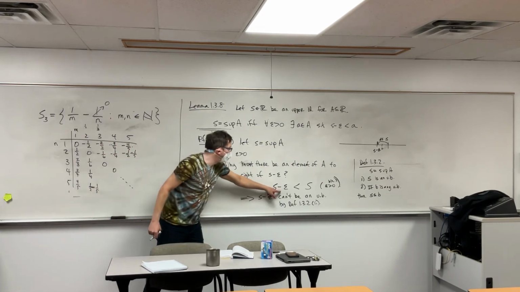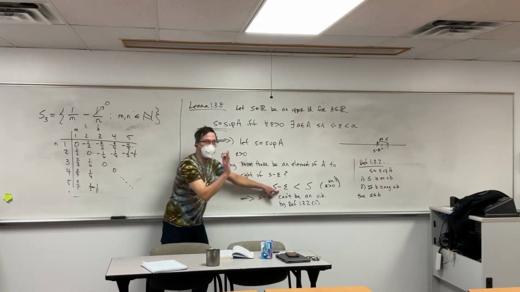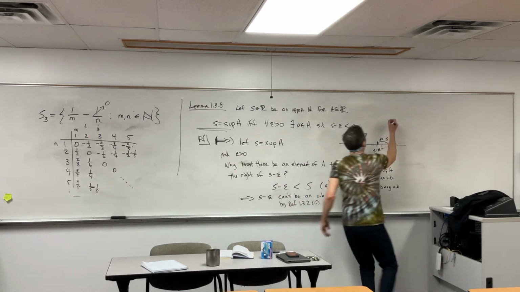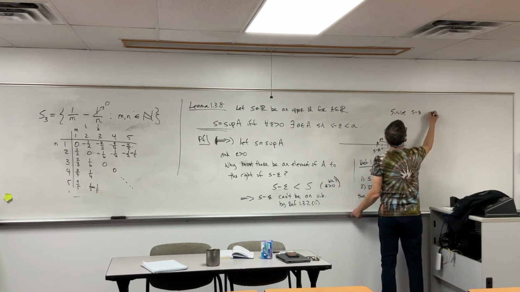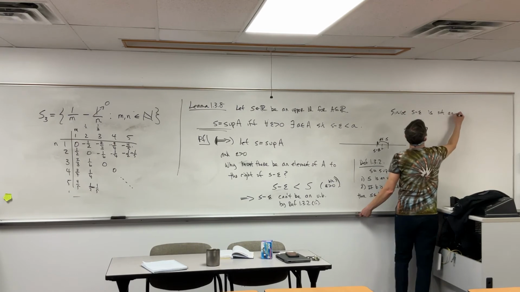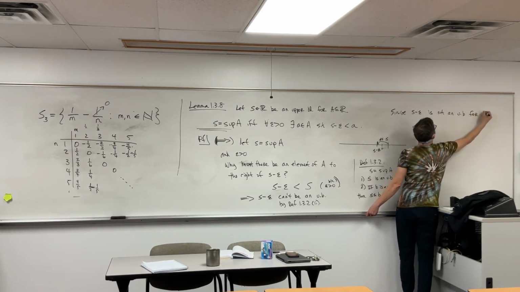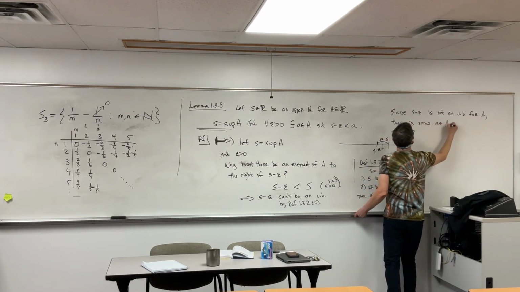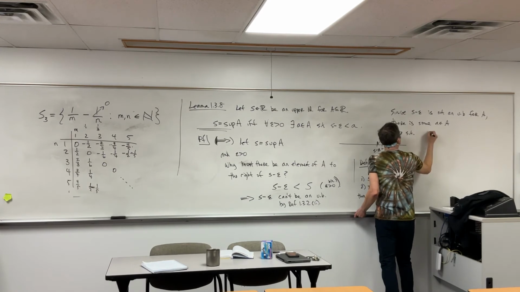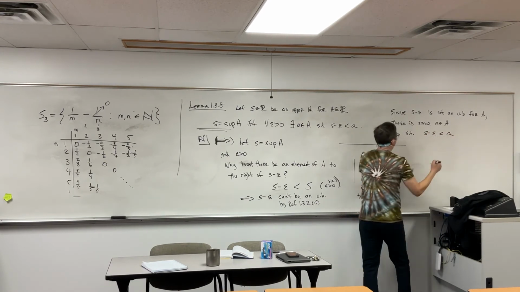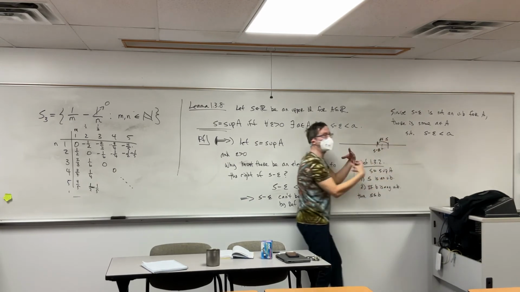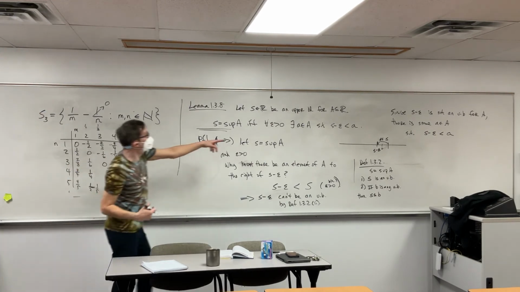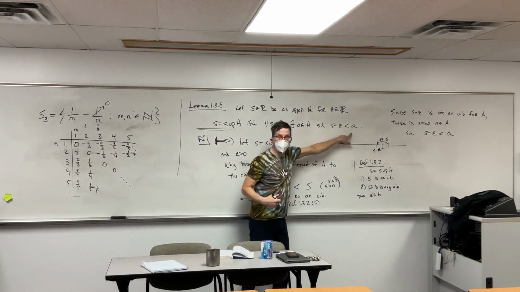So since it's not an upper bound, there has to be something to the right of it. A can't live to its left. So since S minus epsilon is not an upper bound for A, there is some element A that lives to the right. And I like writing it like this. The book does it backwards, but I like this because it's more suggestive in our minds of right and leftness. And so that's actually what we have right here. We just proved that direction.